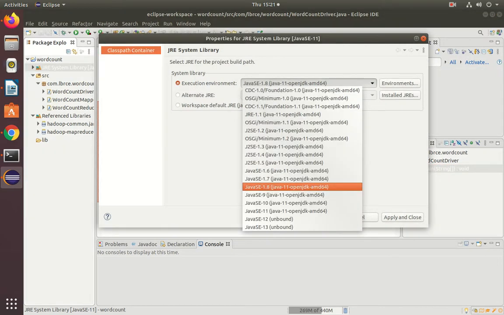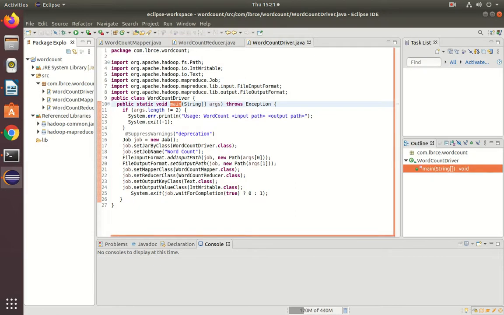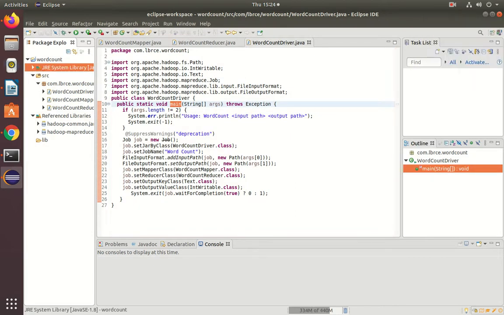Still contains, yes, 1.8. Okay, apply and close. Wait a minute.